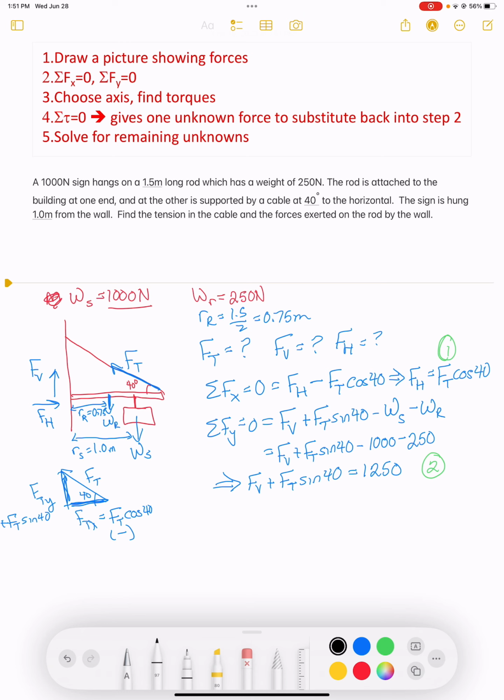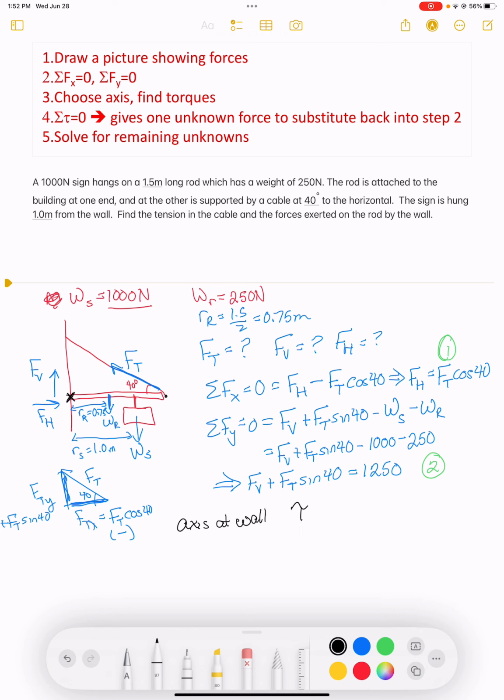So to do the torques, I have to set my axis at a location where I have forces that I don't know. So there are 2 places that it could be. One could be at the wall, and one could be at the end of the rod where the cable is attached. I'm going to put it at the wall because I've got 2 unknown forces there, and that'll simplify things for me. So if I put my axis at the wall,